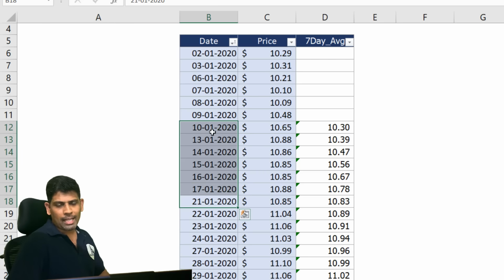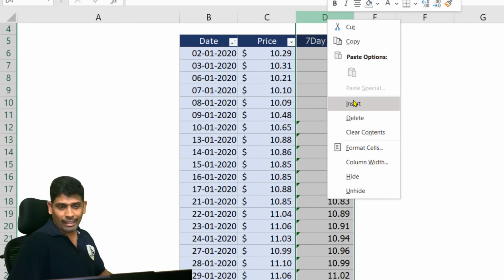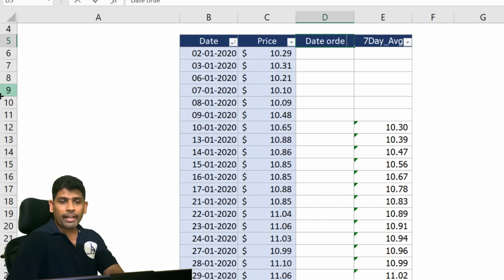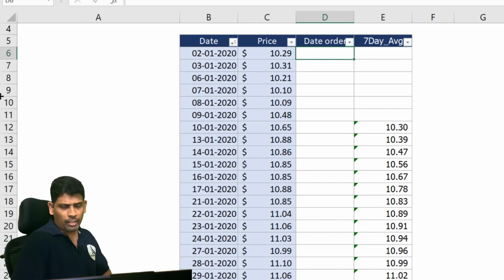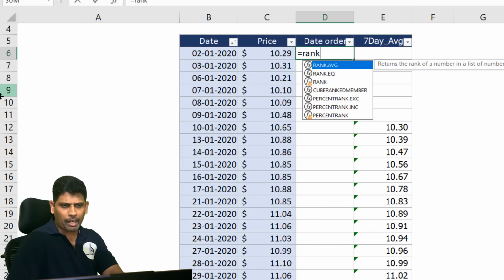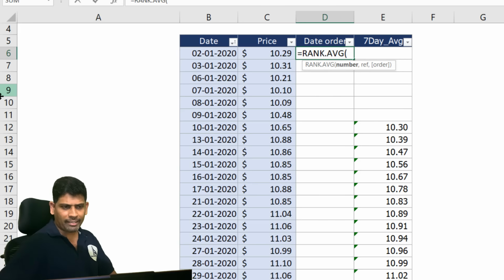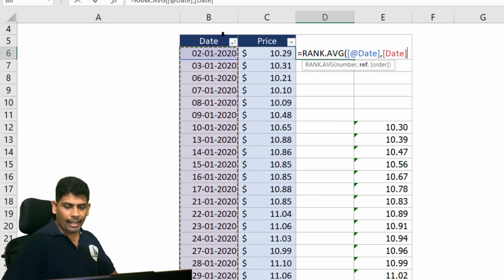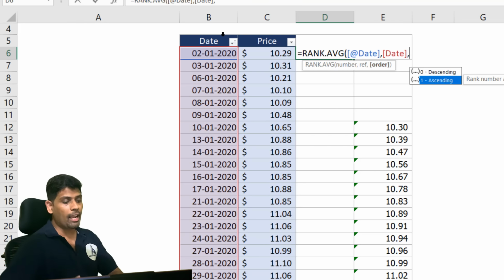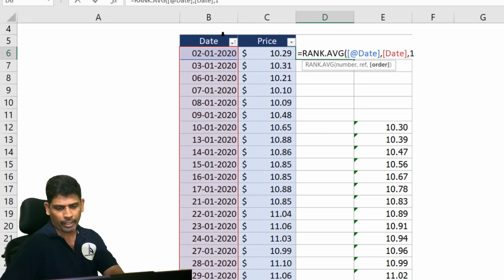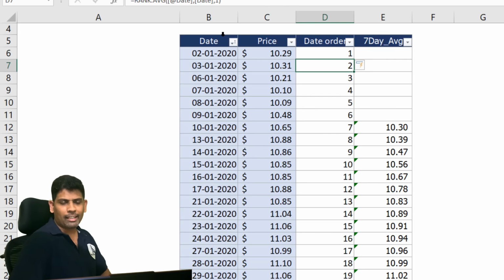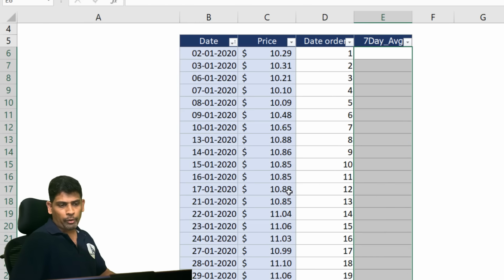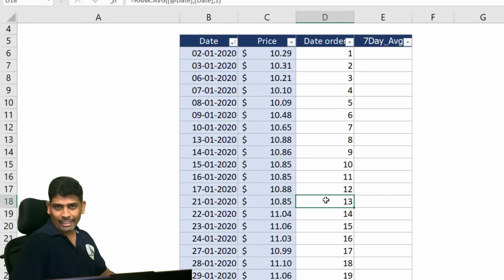So firstly what I'm going to do is create a date order which is going to rank the dates for me. Now there are many ways to get this date order, but the easiest way I could perhaps get here is RANK. So I'm going to rank the current date across all the dates in ascending order, which means lower value should get the first rank and higher value should get the last rank. So what is happening here is I am getting the list of dates and the dates are ordered. Now if I know that 21st is 13 and 13 minus 7, 6 is 9.